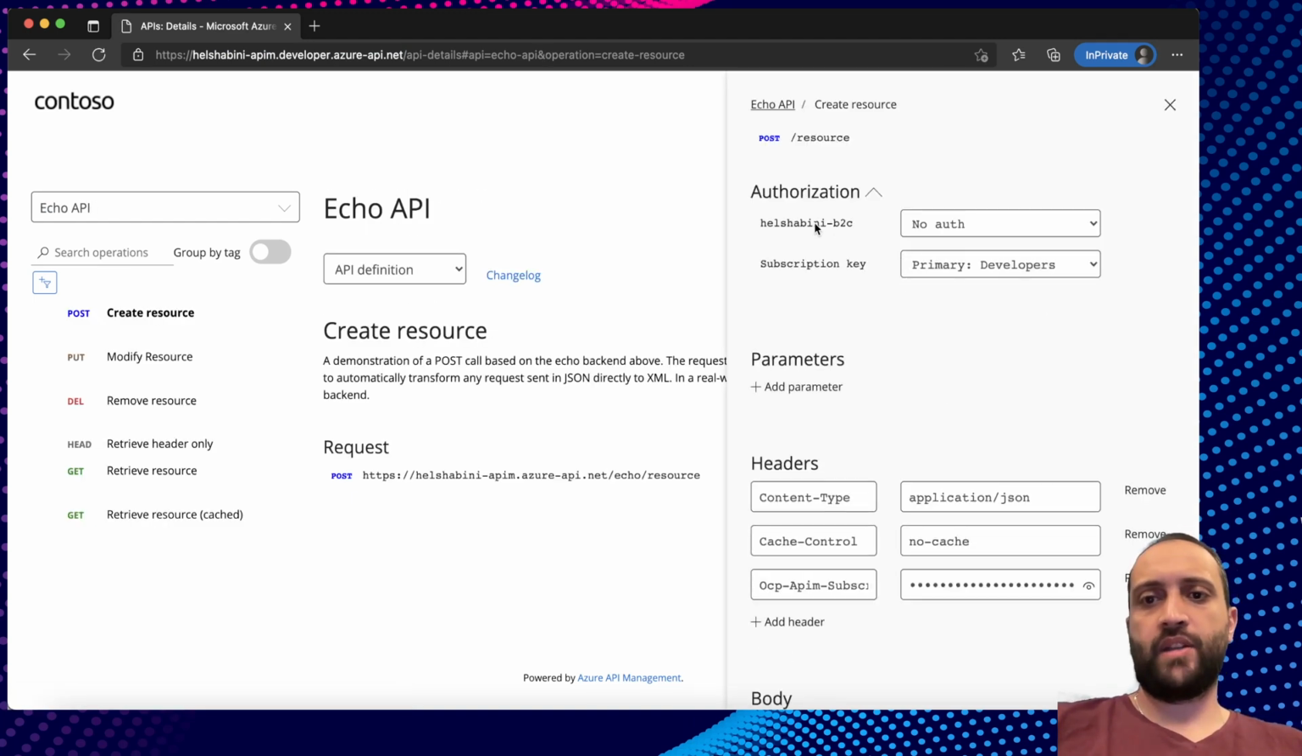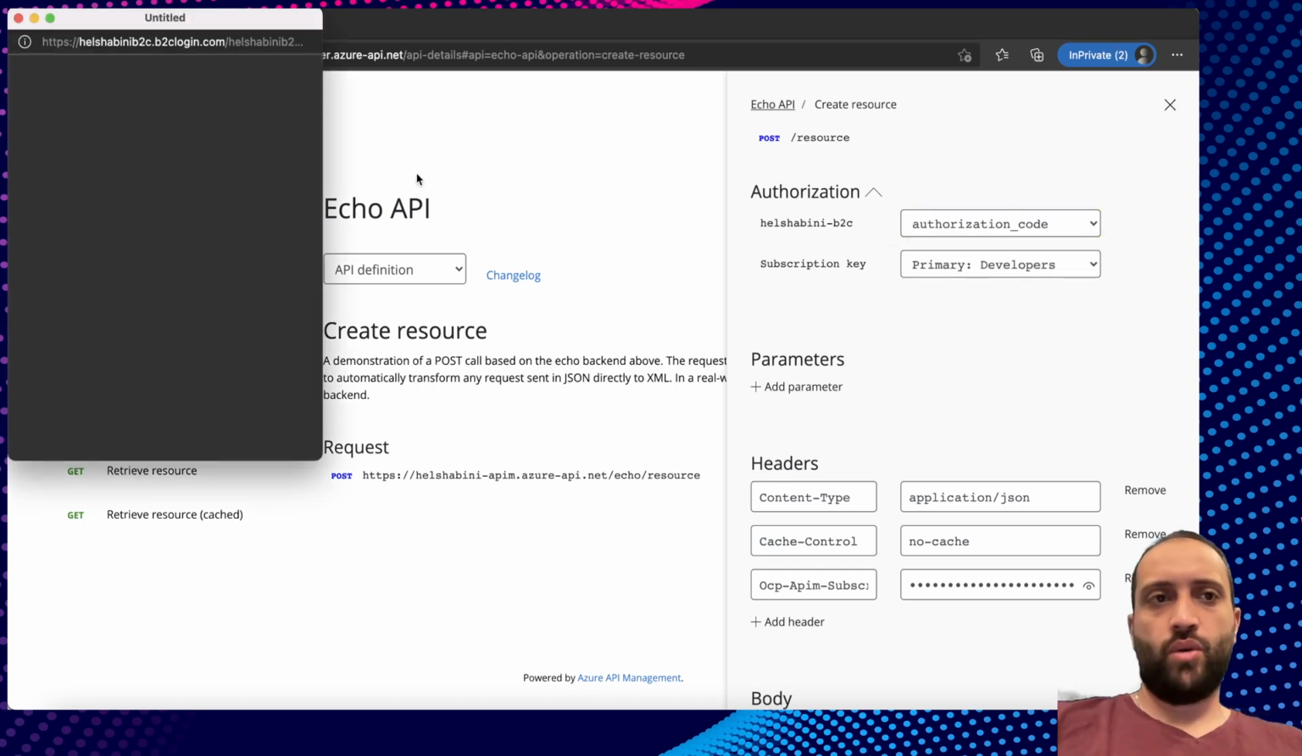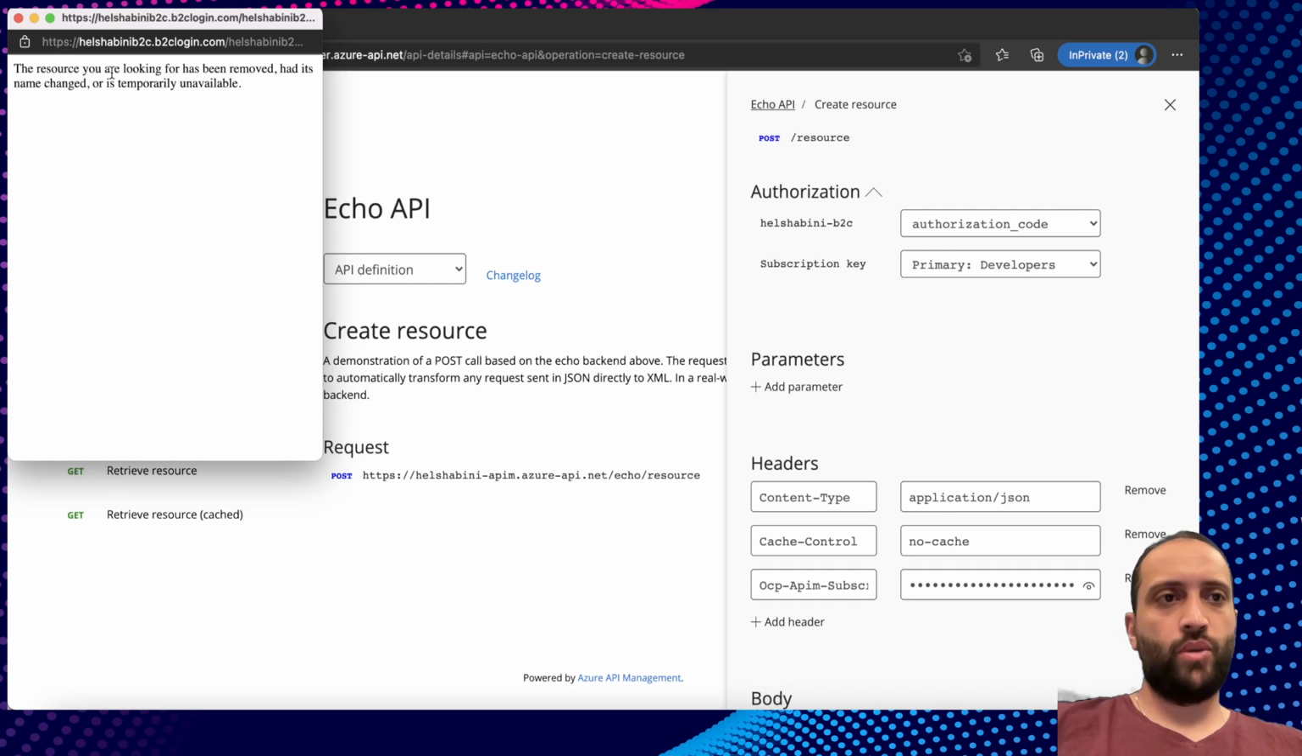Click try, and now we can see this. And now let's go ahead and try to issue a token. So I can do an authorization code. Now that automatically pops up this window here, and that pops up all this window here, and I have an error message, and that's probably because I misconfigured the